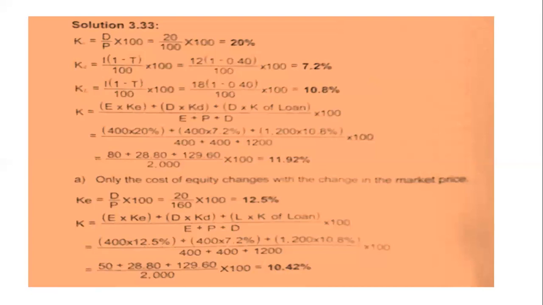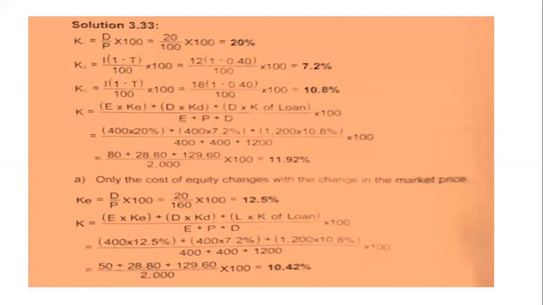So now it is evident that whenever the P value changes, the cost of equity will also differ. In the first circumstance we can observe that the P value was 100, and at the rate of 20% dividend, the cost of equity is 20%. Now the P value has increased from 100 to 160, and the cost of equity has decreased to 12.5% from 20%. So there is a variation according to changes in the P value.